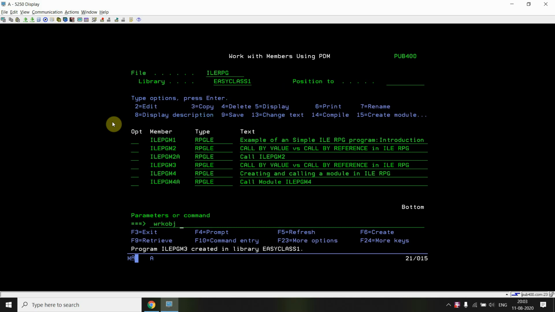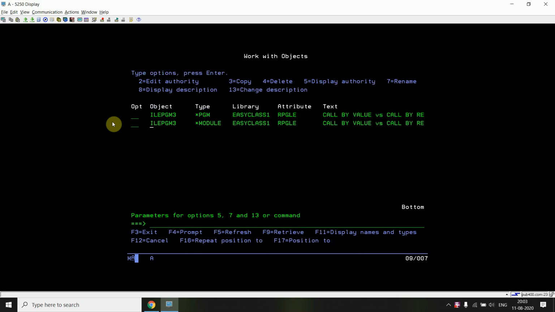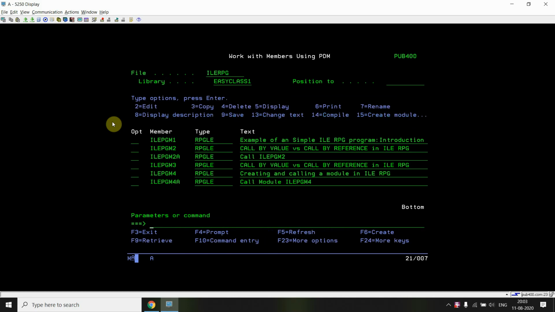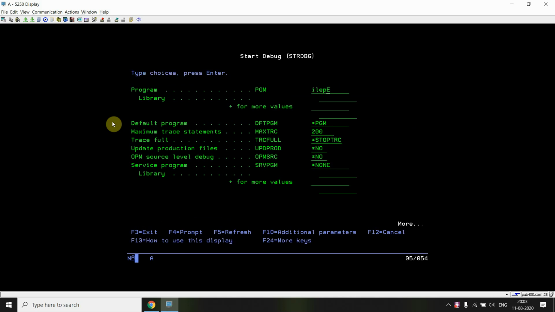If I do work object ILE PGM3, I can see both the program and module objects are ready now. Now I can call this program or debug this program, ILE PGM3.